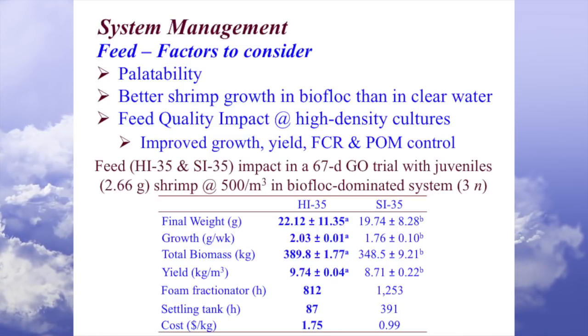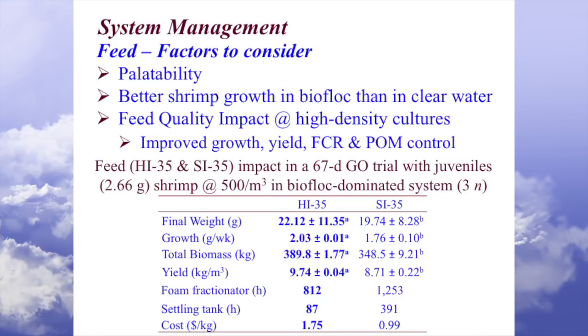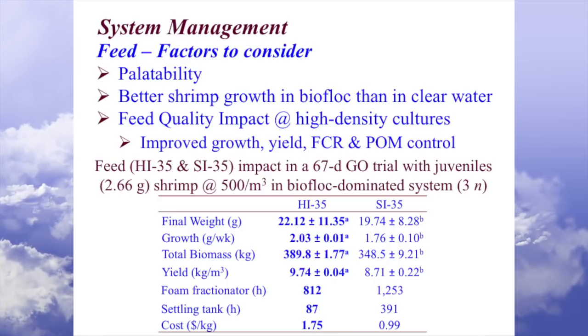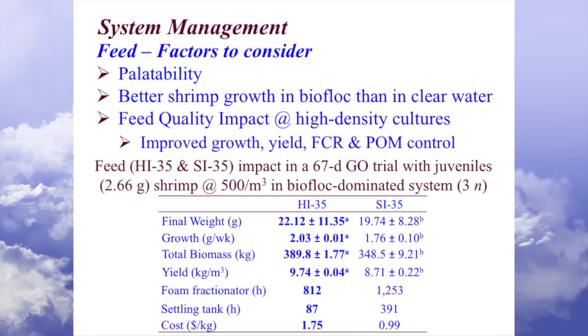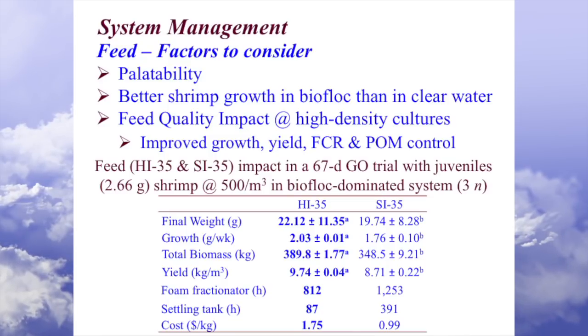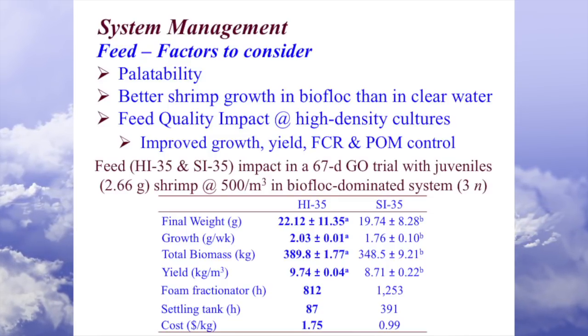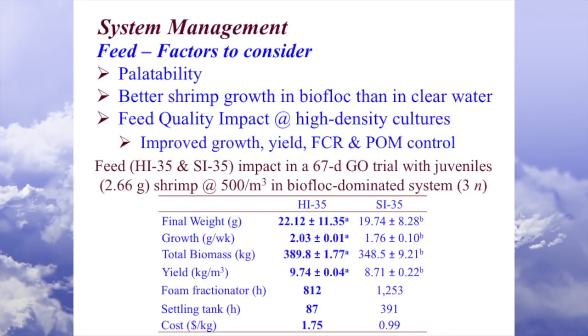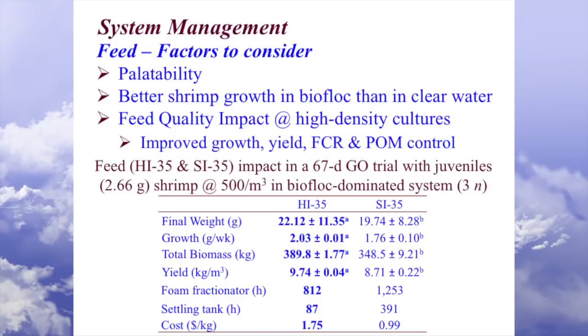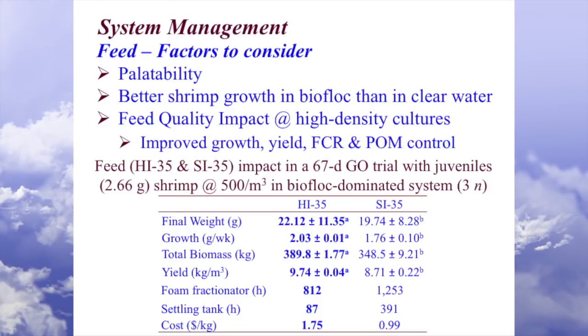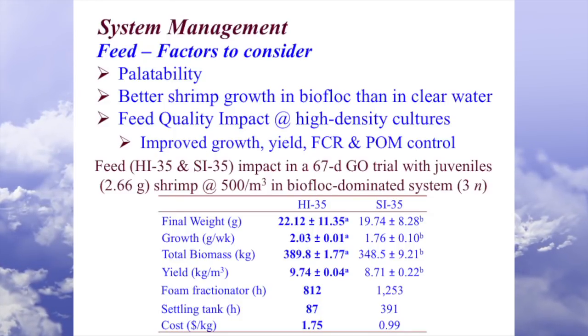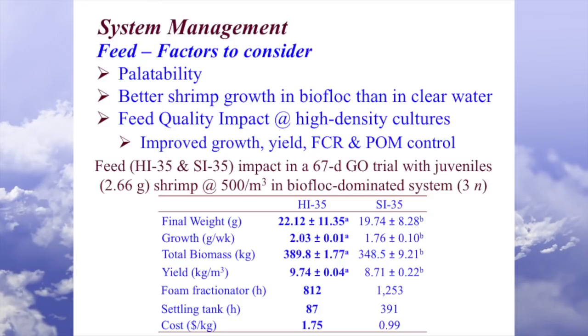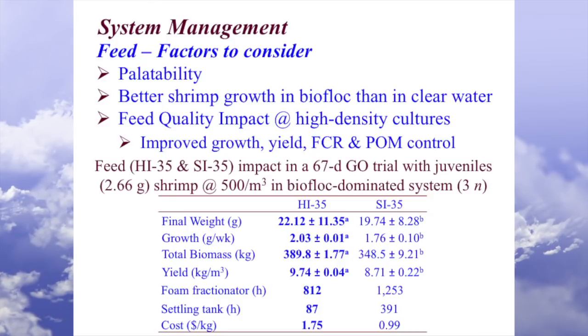Here you can see a study that we have done with the same level of 35% protein feed, 67 days of grow-out. Here is another high density, 35% protein, and what we found here, basically, the size of the shrimp is larger, growth was over 2 grams a week, biomass higher, yield 9.7 as compared to 8.7,